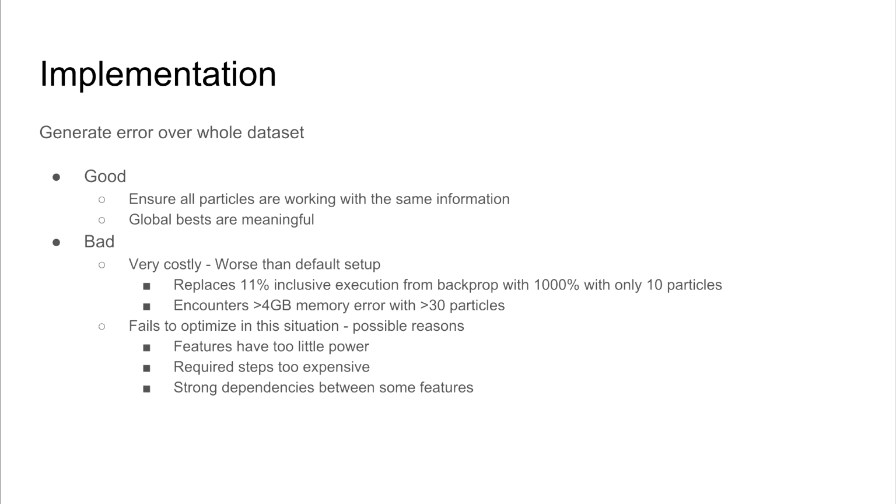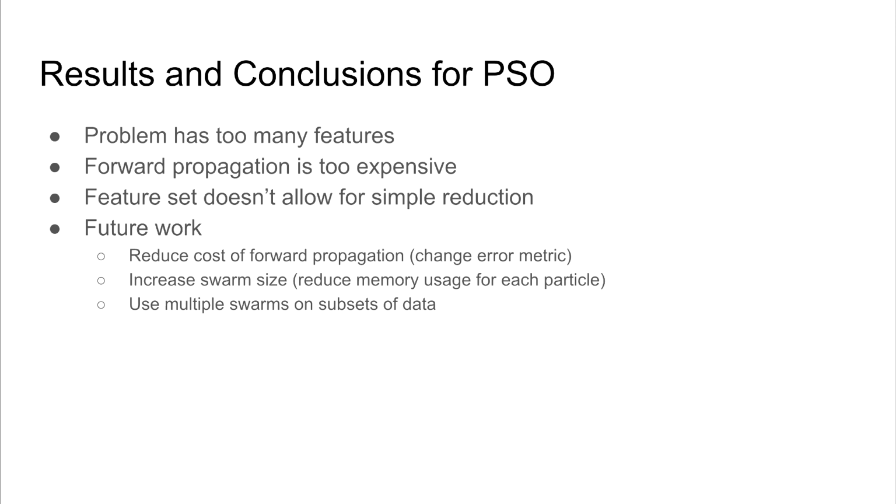So possible reasons are feature sets have too little power. Having 2 million and you oscillate one a little bit, so it's not going to update properly, and some others might cancel it out. So there's no one feature that it would detect movement on. It requires too many steps. Usually you want to do a lot of steps on each particle, but due to the cost of running forward prop on each particle, you end up spending far too often just waiting for it. It just takes far too long. The way the feature set was designed, it was essentially 3 different feature sets wrapped into one long one. So there were some dependencies in there that particle swarm optimization doesn't necessarily touch.